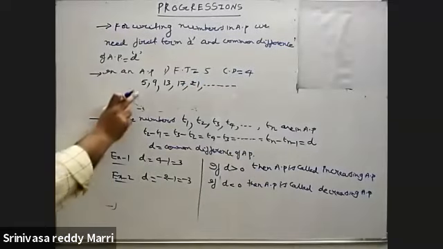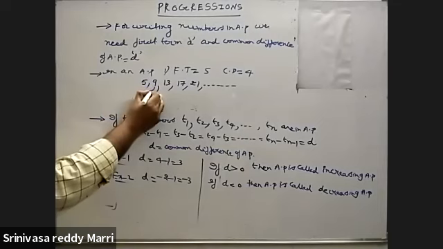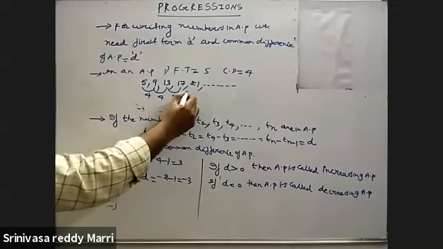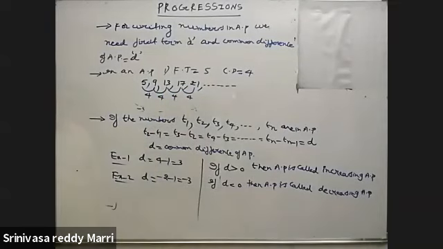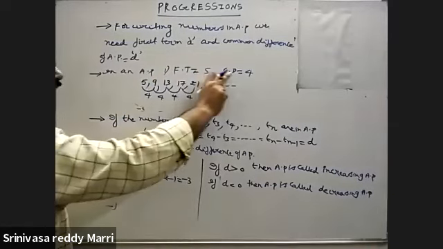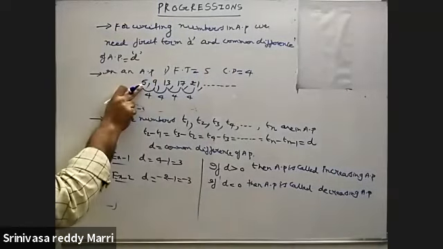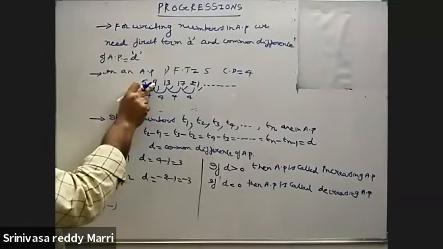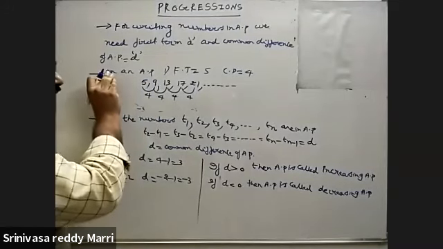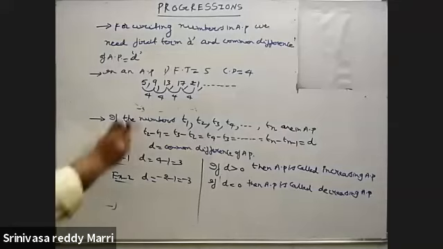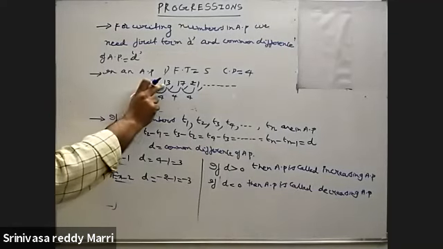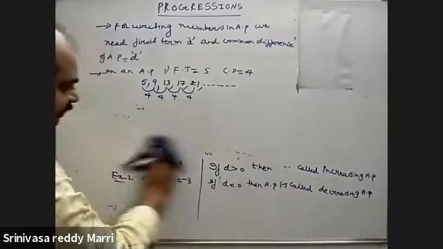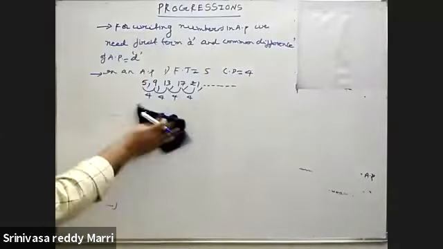These are the numbers. Look at, first term is 5. What is the difference here? 4. And here? 4. Here? 4. Here? 4. Like that, if you know the first term and the common difference, then for the second term add D to the first term, 9. For the next term add D to this, 13, and like that. If you add D, you will get the next term. So the numbers here are increasing because D is positive.